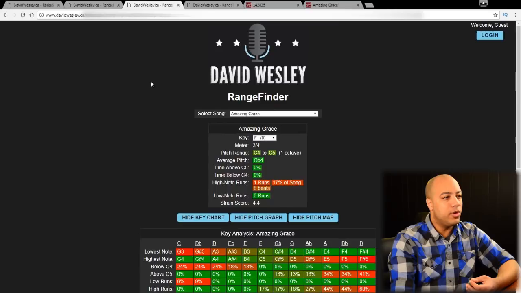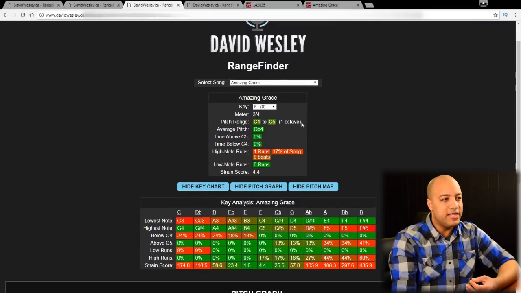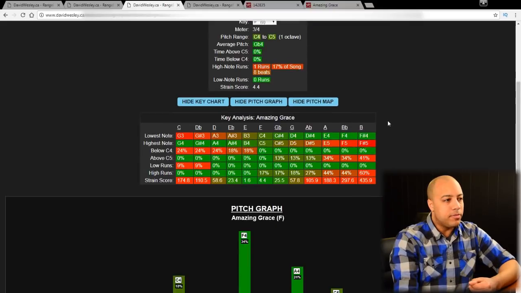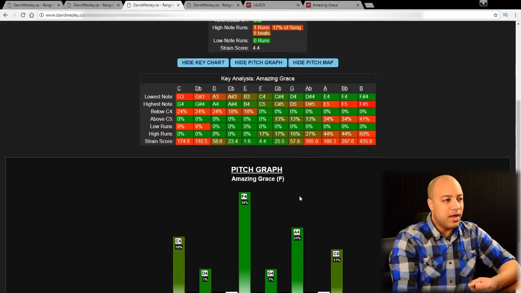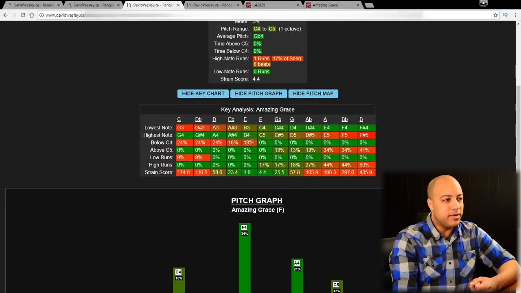Okay, on to another old favorite, Amazing Grace. Again, you can see that in the key of F, it's usually done in G, but in the key of F, it puts you in that sweet spot from C to C. And you can see on the key analysis chart there that actually the lowest score belongs to the lovely key of E. However, in the key of E, you spend